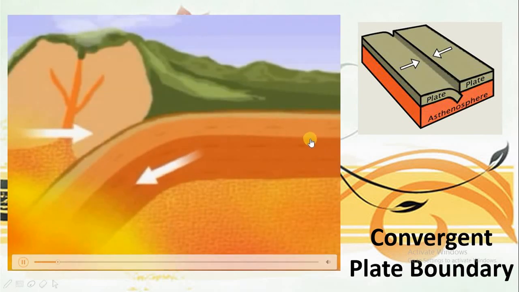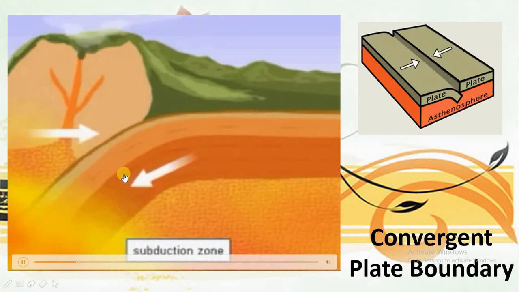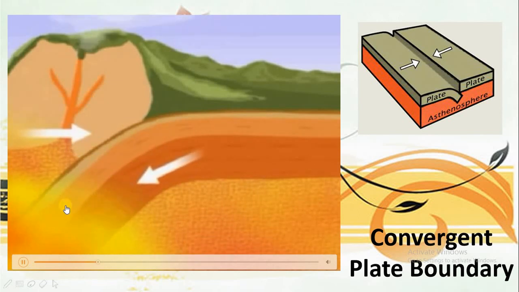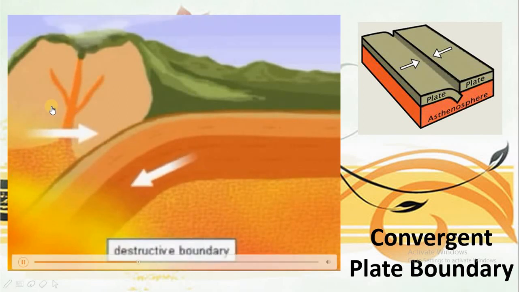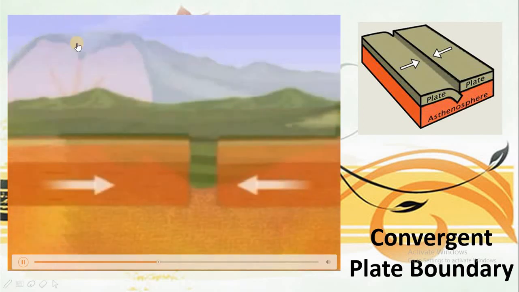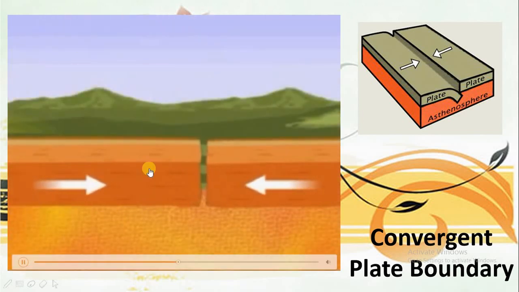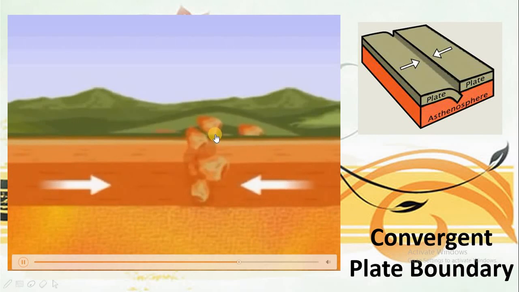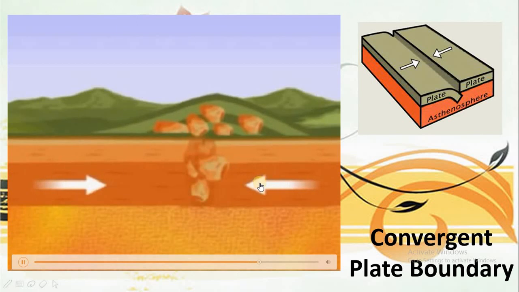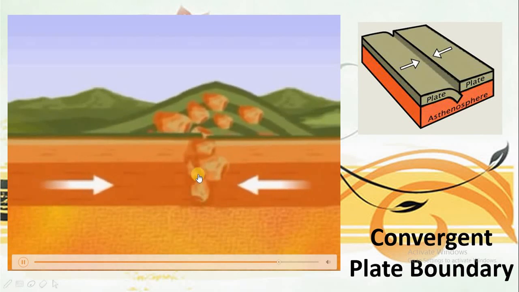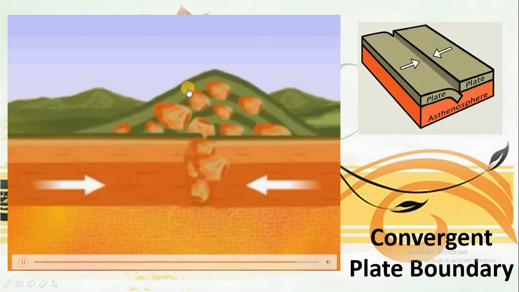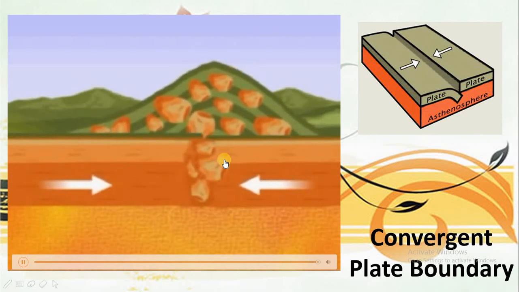Here you can see one tectonic plate is going under the other, and due to this pressure and heat is generated here, and you can see here the volcano is coming out from here. Two plates are coming towards each other, and here you can see these are colliding, crumbling, and in this way a mountain like feature is developing. These two plates keep coming towards each other, and this mountain like feature is forming. So this is what convergent plate boundary is.